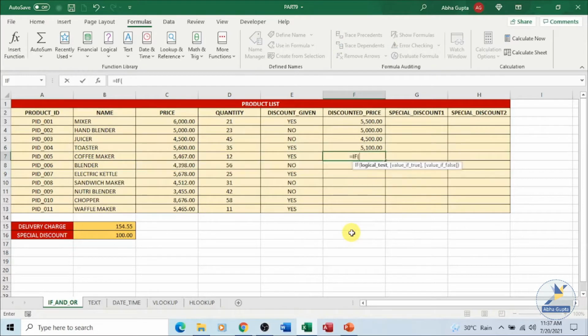If we say if this is greater equal to 5000, what we want to do is we want to deduct 500, so same over here, minus 500, comma, otherwise the value will remain the same. Condition over here: this is greater than 5000, yes, it is greater than 5000. Either you can check this, or directly you can check this. If it is true, deduct 500 from this particular value, otherwise C7.